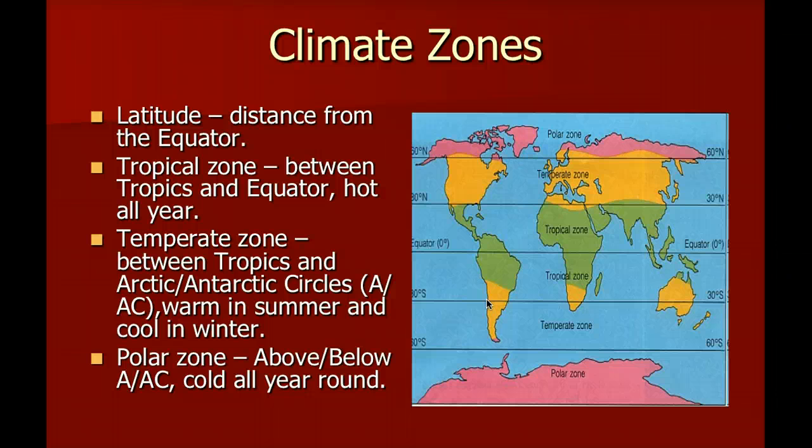Climate zones. Latitude is the distance from the equator. Lines of latitude are parallel to it. So right there, right there, right there, and right there. The tropical zone is between the tropics, which are the Tropic of Cancer and the Tropic of Capricorn. That's where it's pretty much hot and sunny most of the time, well, during daytime, obviously. Then up here on the top we have polar zones, and at the bottom we have polar zones too. That's where it doesn't get a whole lot of sunlight all the time, so it's pretty cold all year round.